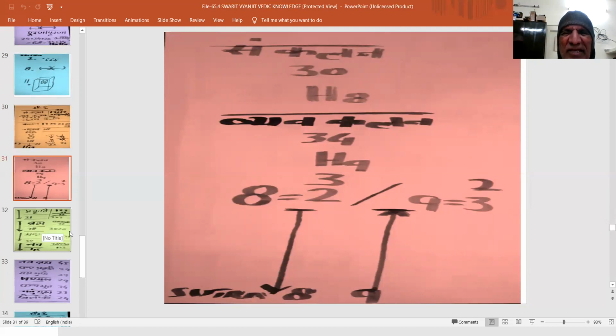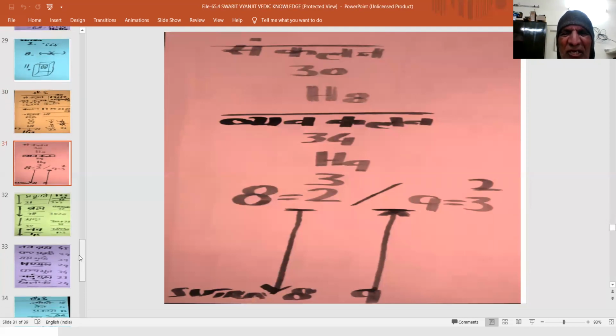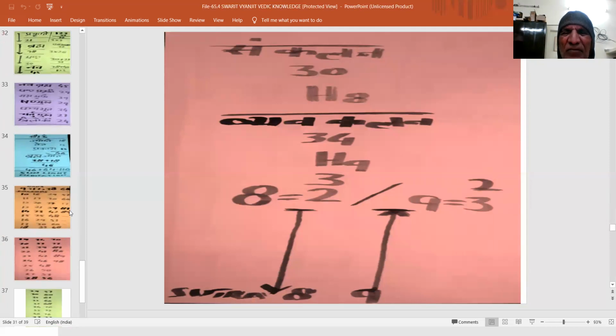So formulation Sankalan as 30 is hypercube 8 and Vyavakalan is 34 hypercube 9, and these take us to 8 as 2 raised by 3, 9, 3 is 2, and the sutras 1 to 8 together